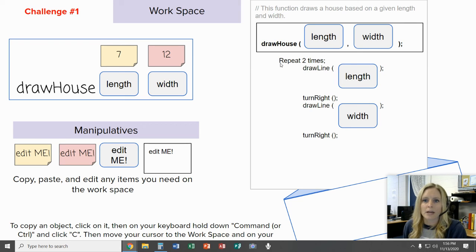Inside my function, I'm repeating the following twice. I'm going to draw a line of a certain length. I'm going to turn right, draw a line of a certain width, turn right, and then do that one more time. So if given